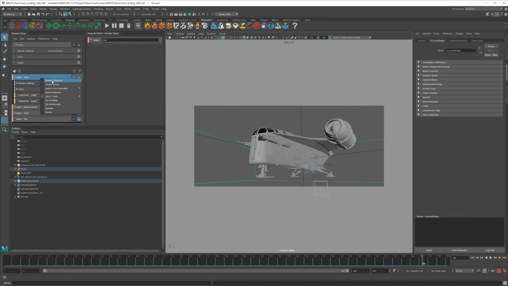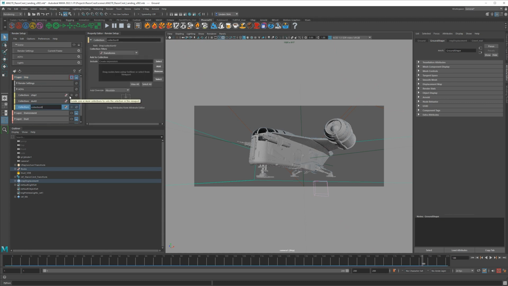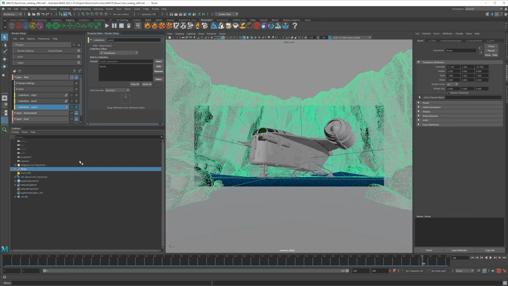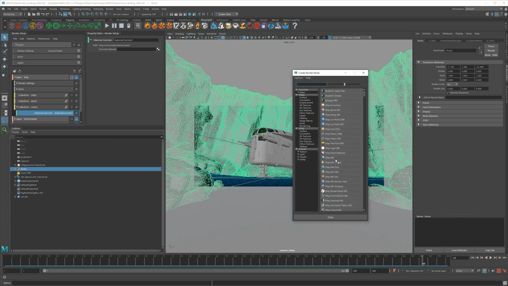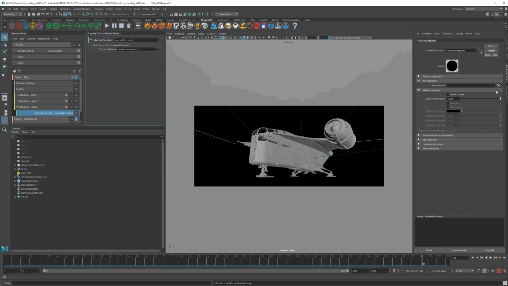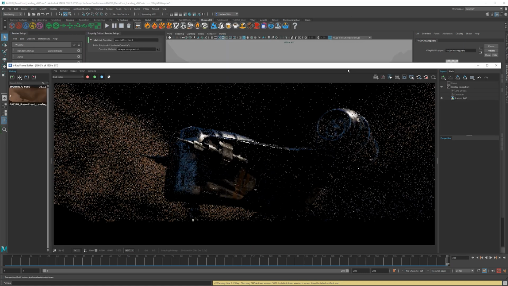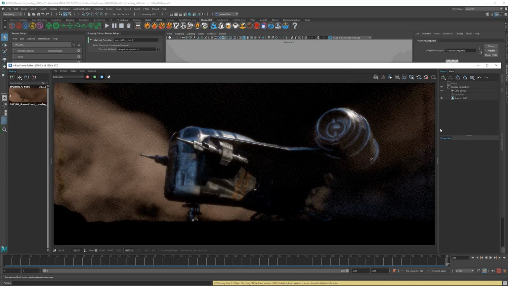We can right click over our layer, create a new collection, and this will be for our environment or our rocks. So we'll just say rocks. And then we're going to grab the rocks, we'll add that collection in there. And then on this collection, we're going to create a material override, and we're just going to use that material wrapper that we used before. And for our matte, we're going to say matte surface alpha contribution is going to be -1. We don't need it to cast shadows or affect the alpha. So let's go to the very last frame here, frame 200, and then let's just render one frame with this and just see if this is correct.